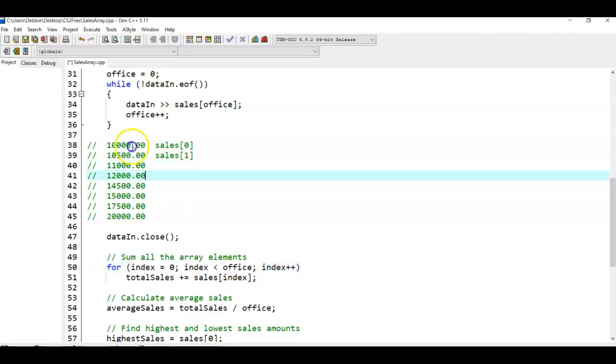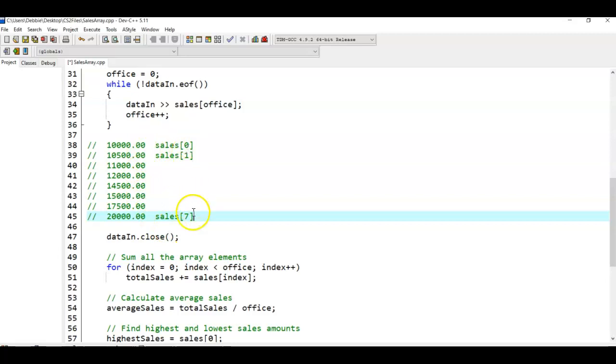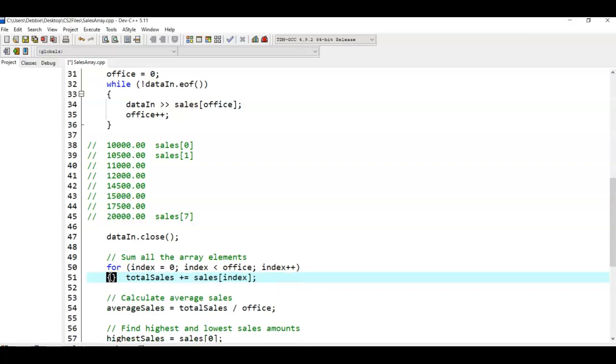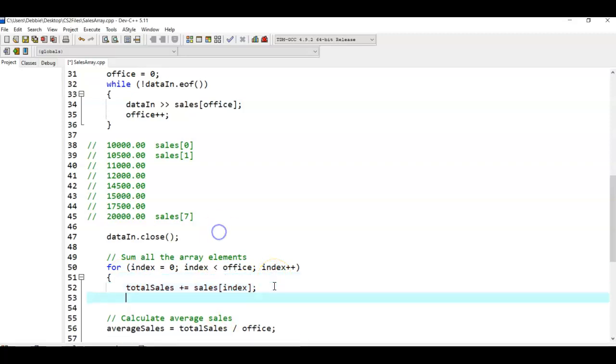Because this would be sales 2, sales 3, sales 4, sales 5, sales 6, and sales 7. So remember with arrays, if the size is 8 or we have 8 things, the indices are going to range from 0 to 7. Now, this is just a simple for loop. If you like to clarify things, you can put curly braces around the body,